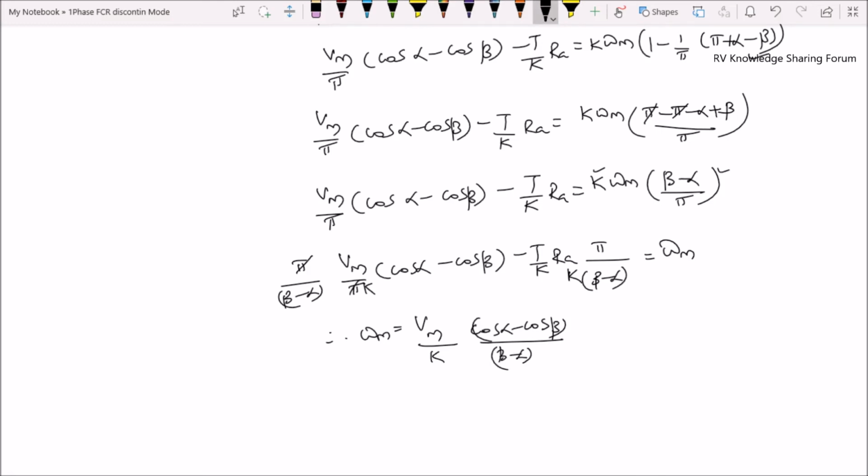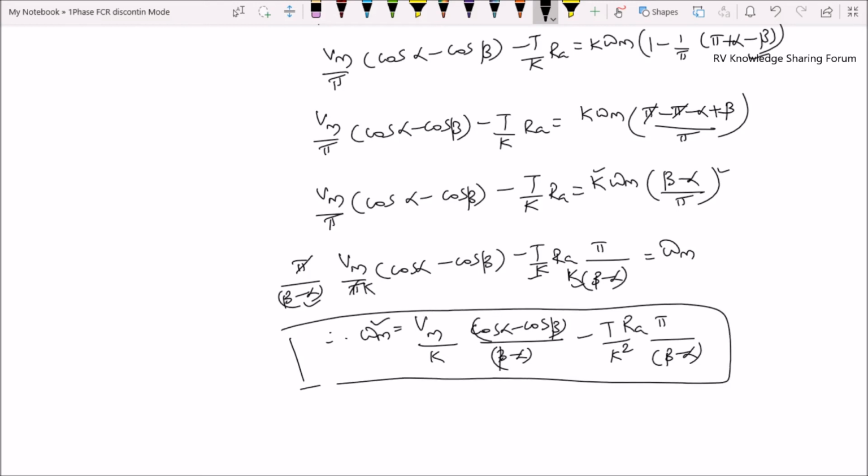Okay, here this is beta minus alpha. And minus T by here, k into k becomes k square Ra pi by beta minus alpha, which is equal to omega. Already I wrote this omega m here. Therefore this is our speed torque relation, or the expression for the speed of a single phase fully controlled